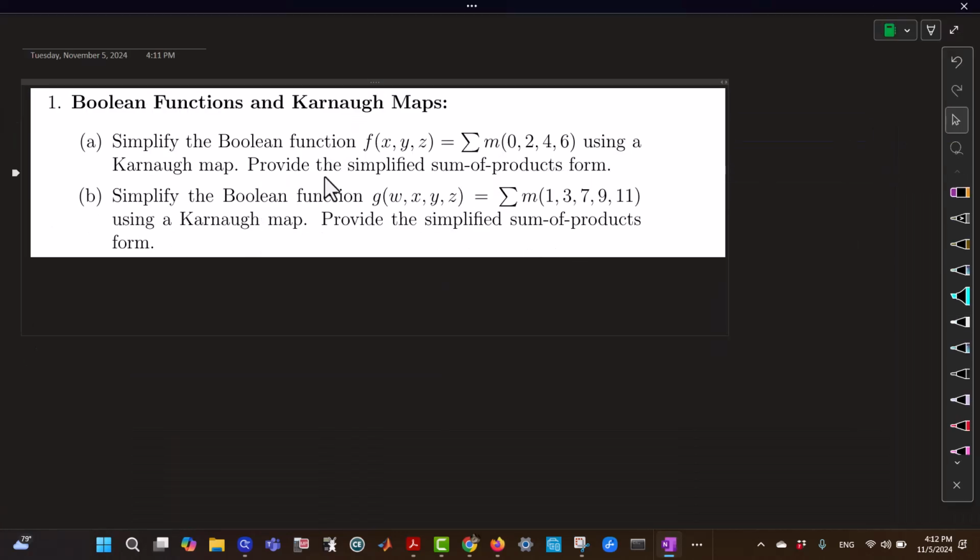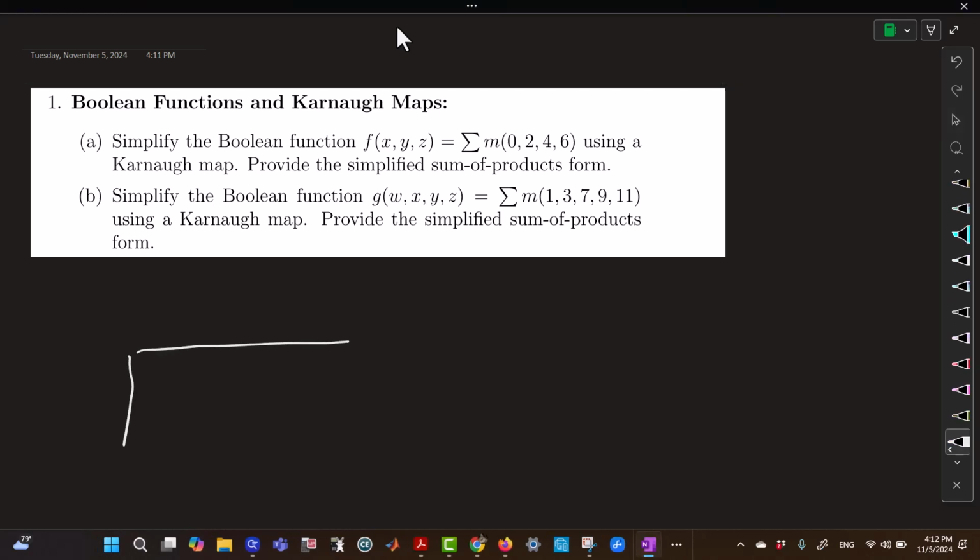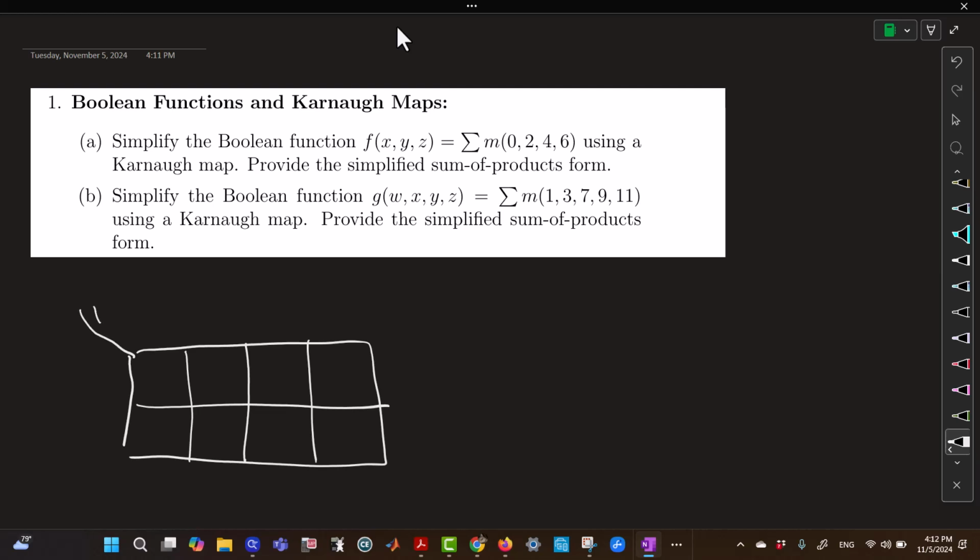All right, so here's problem 1. We are supposed to simplify this Boolean function using a Karnaugh map and provide the simplified sum of products form. It's 3 variables, and you should have somewhere handy, if you don't know it, a little template of what the 3 variable and the 4 variable Karnaugh